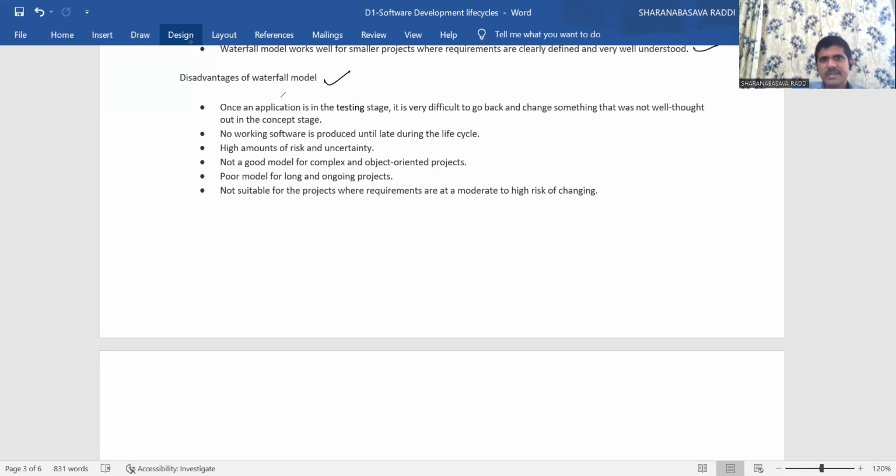once the application is in the testing stage, it is very difficult to go back and change something. Already you passed these many phases: requirement collection, then feasibility study, then design, then implementation or development. Now we are in the testing phase. While verifying the product or the feature, if you come to know there is a mistake in the requirement, for example, the requirement is not a valid one,